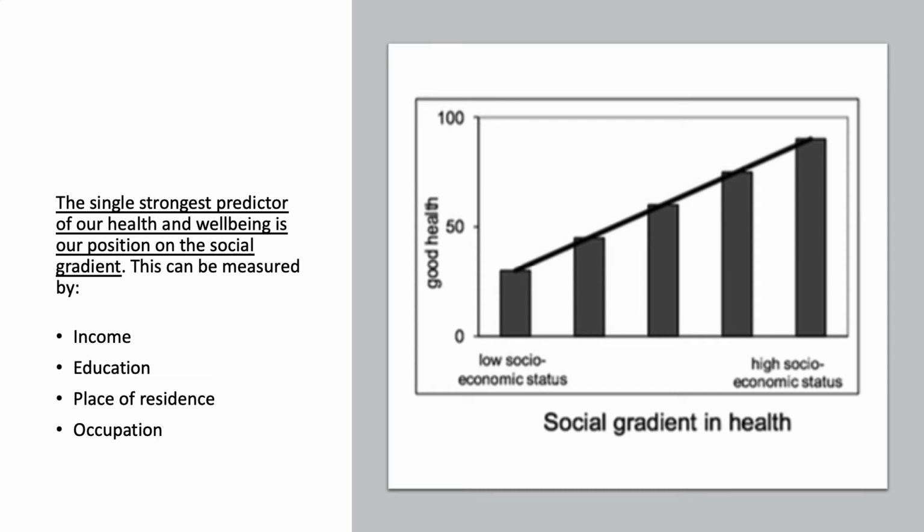So people at the top of this gradient have a high socioeconomic status. They have a secure income. They most likely have a university degree. They live in a country where there are policies and practices for the safe disposal of human waste, and they have a job that does not expose them to hazards or risks. People at the other end of this scale are likely to have no formal education, low or no income, and are perhaps involved in dangerous work necessary for survival. Where you are on this gradient, and this is important to know for your quiz, is the single strongest predictor of your health and well-being.